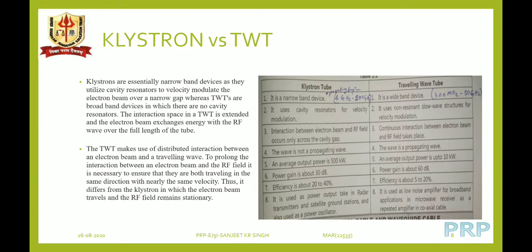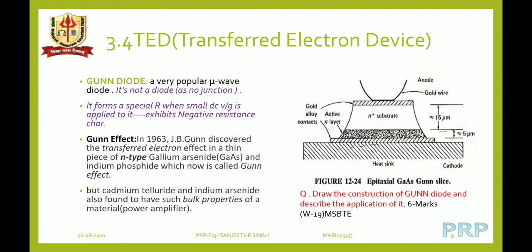between the radio frequency signal to be amplified and the electron beam. So this makes the velocity modulation more pronounced, and more powerful output can be obtained in TWTs as compared with klystron amplifiers. Here is a comparison table with respect to a number of parameters we can go through.